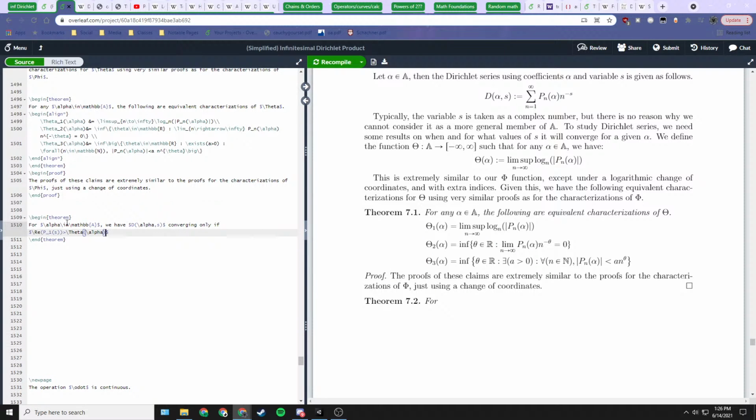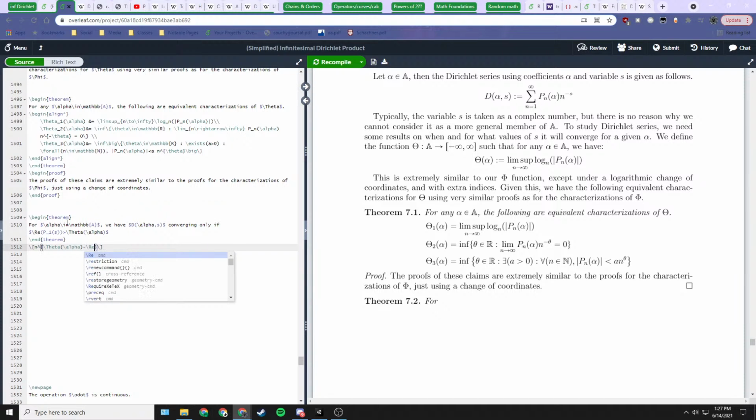Let me think on this, because it should be alpha times n power negative s, which is similar to n power theta alpha. Let me just type this out real quick. So it should be n power theta alpha